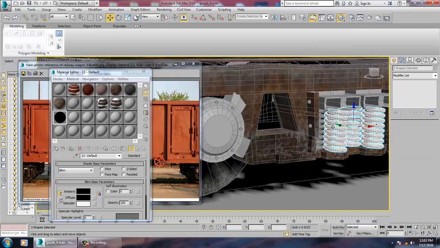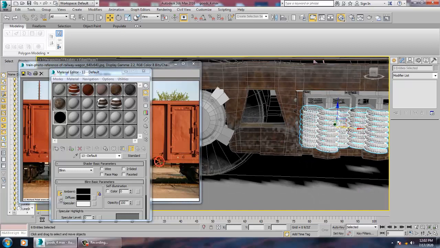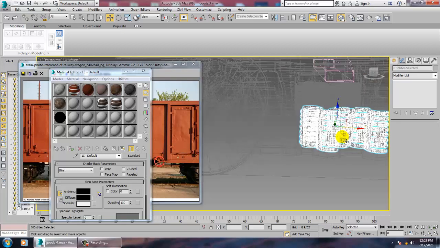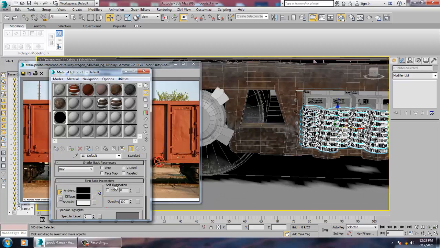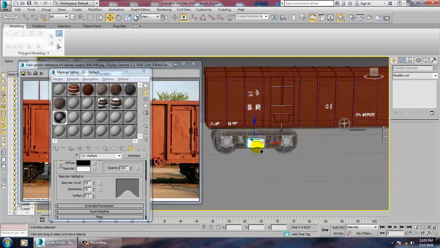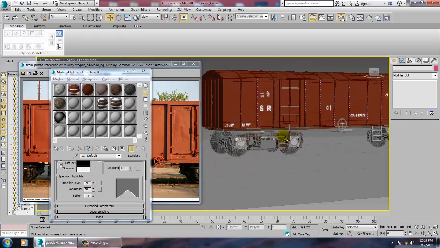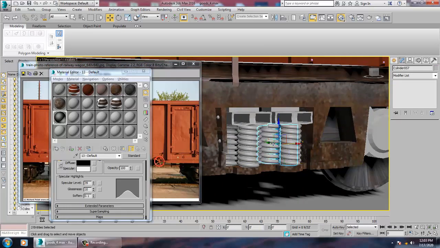Just select this all. And just assign this color and give a bit of specular to it. So same, we'll be assigning this here also.